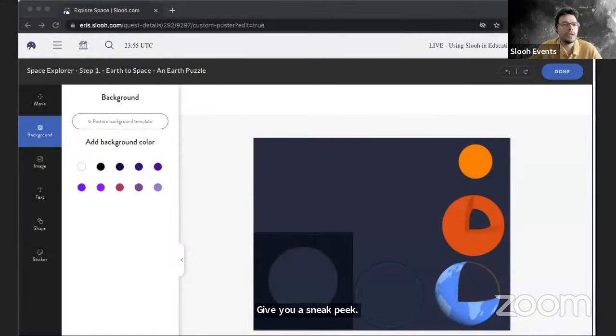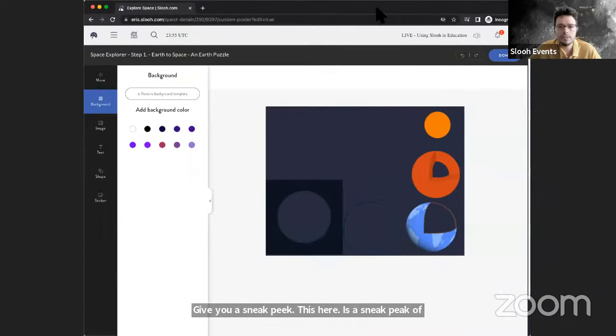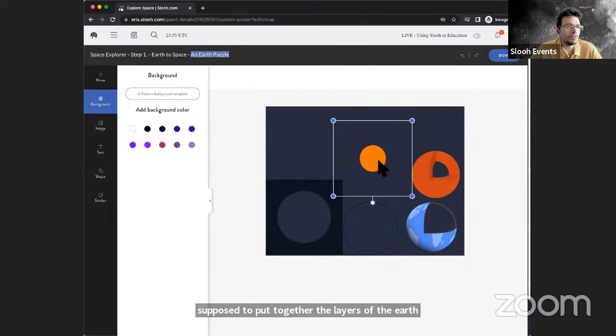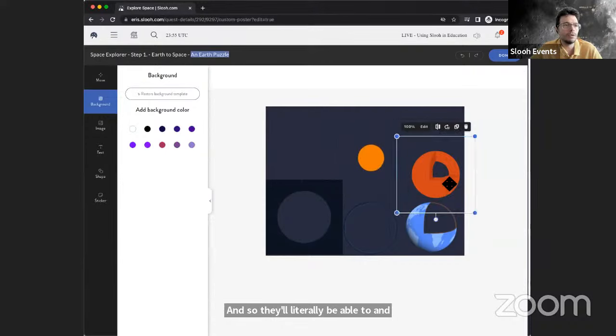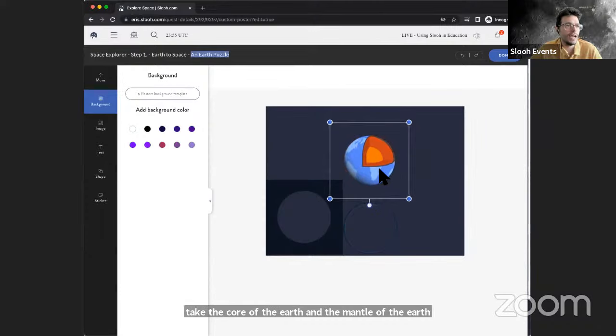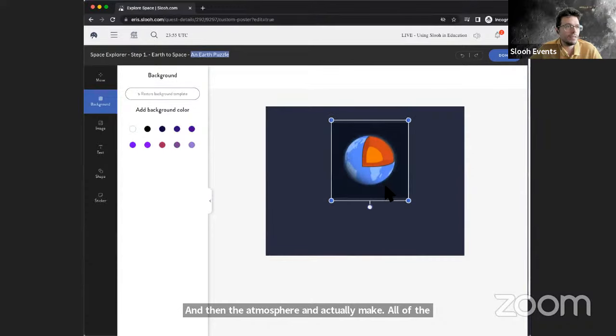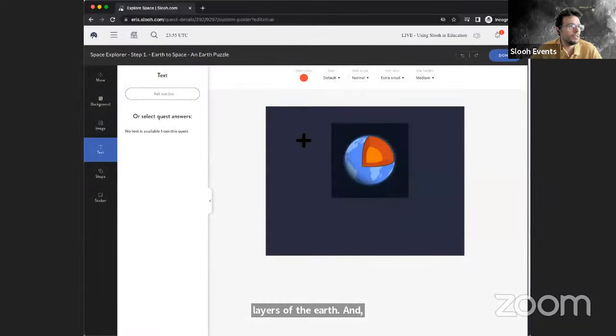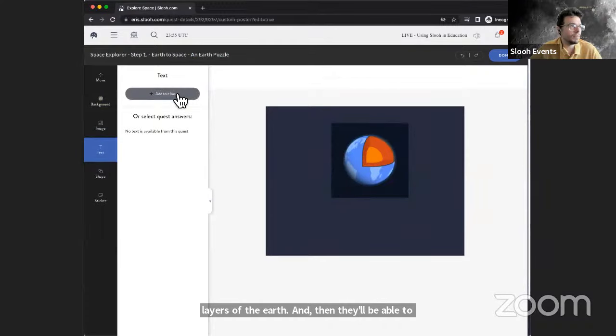This here is a sneak peek of this new type of activity that we are going to be launching next month. So in this activity, this is a puzzle where students are supposed to put together the layers of the Earth. And so they'll literally be able to and be instructed to take the core of the Earth and the mantle of the Earth and the crust of the Earth and then the atmosphere and actually make all of the layers of the Earth. And then they'll be able to actually put text on here and label them as well,